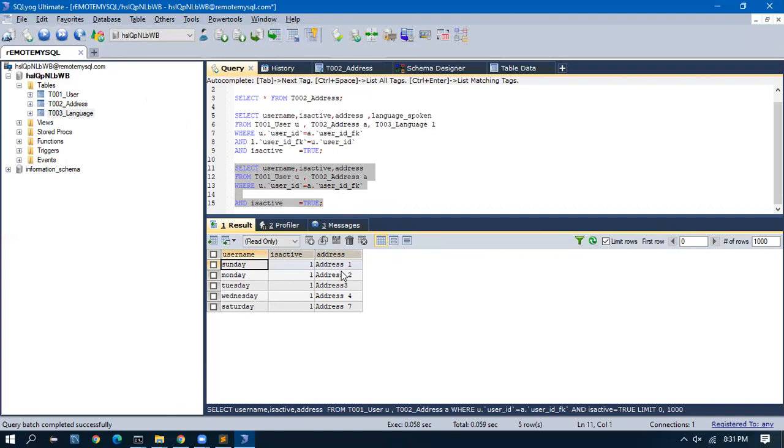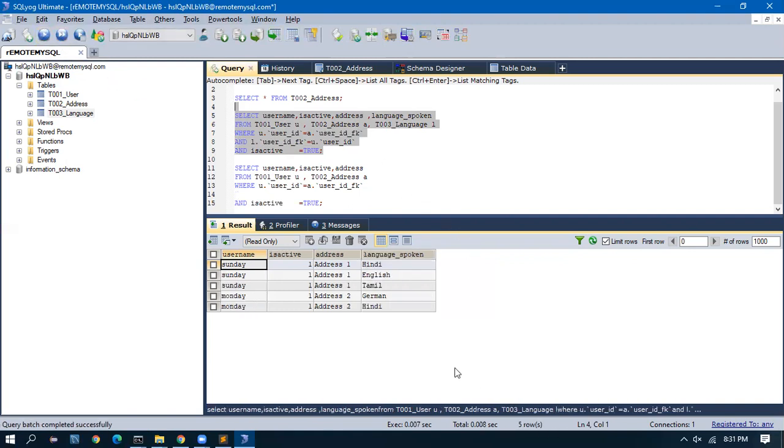If you notice this query, it was returning 5 rows. When I ran the same query after including the other table, it is still 5 rows, but it is returning only 2 users, Sunday and Monday.